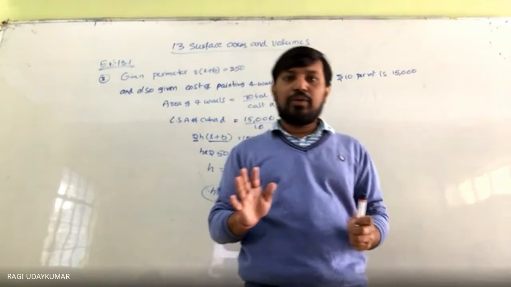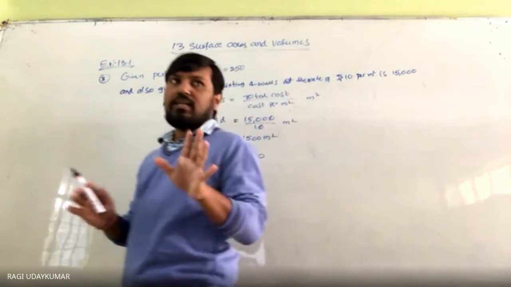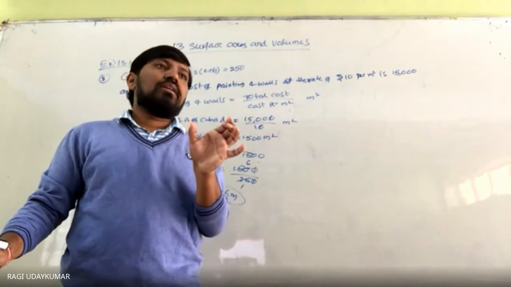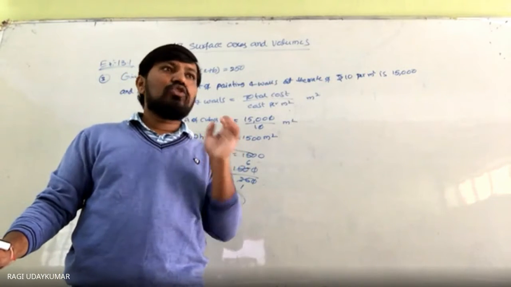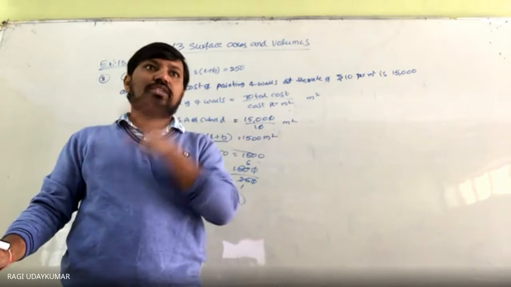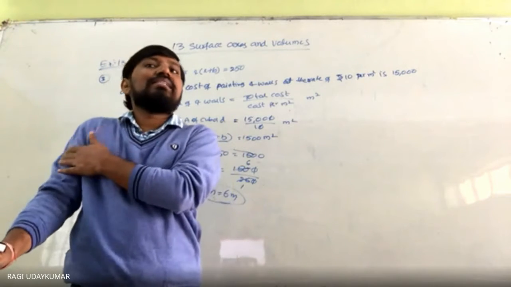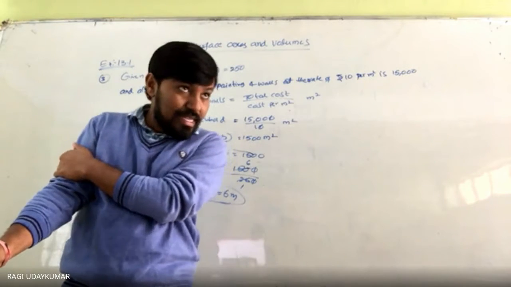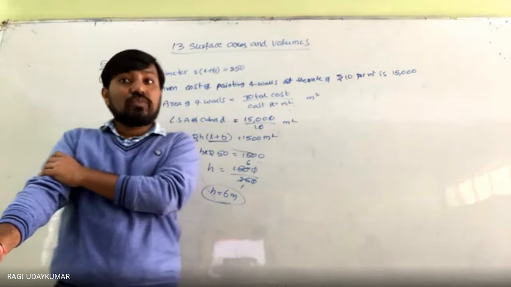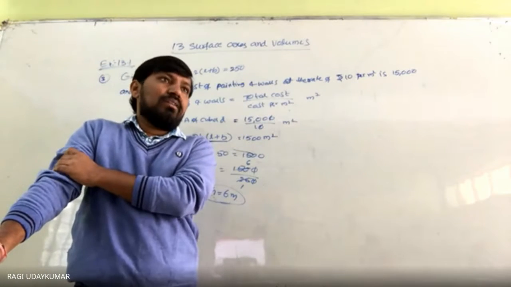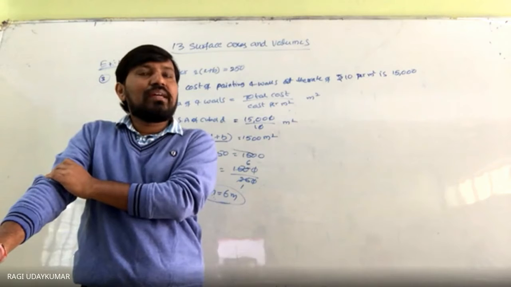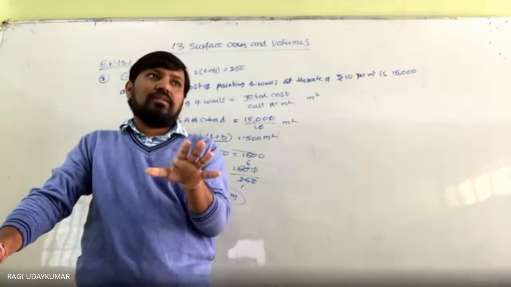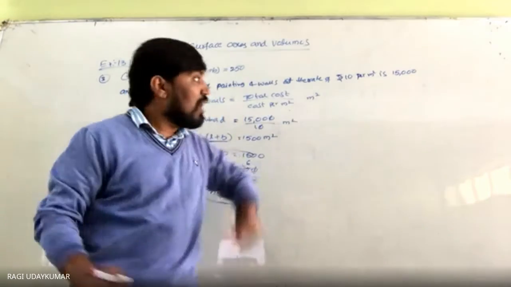So whenever it is given like that, the brick to be painted means the complete total surface area. The brick is in the form of a cuboid. So the total surface area of the cuboid is equal to 2 into LB plus BH plus LH. L, B, H are given, but they are given in centimeters. So you will get the total surface area in centimeter square. After getting centimeter square, what to do here? The total area that can be painted is in meter square.